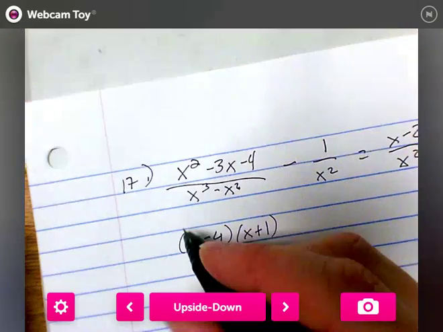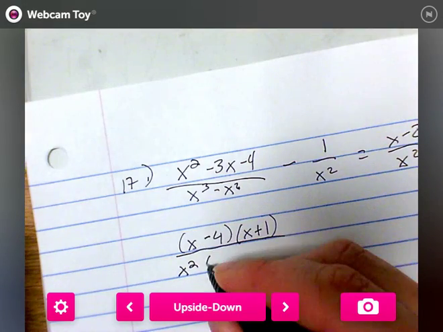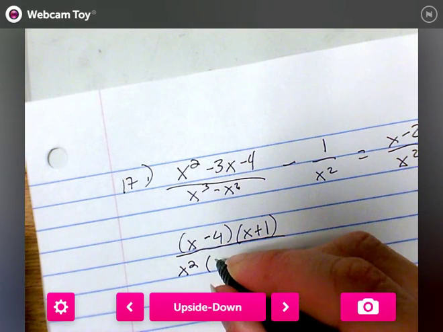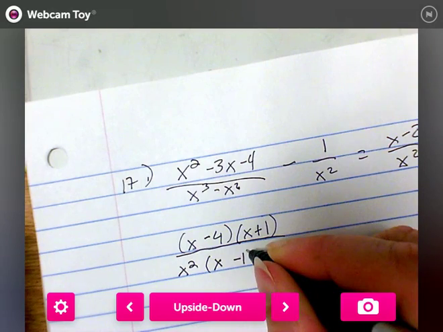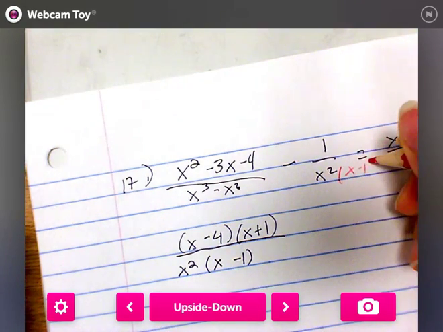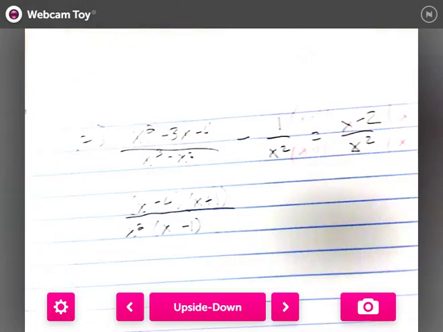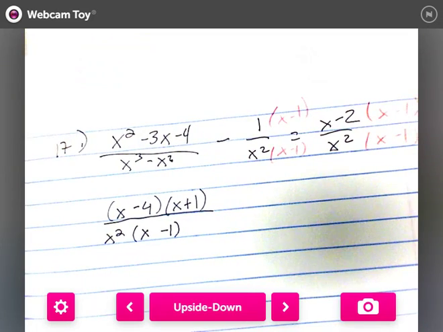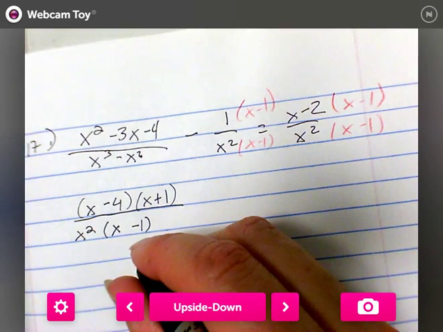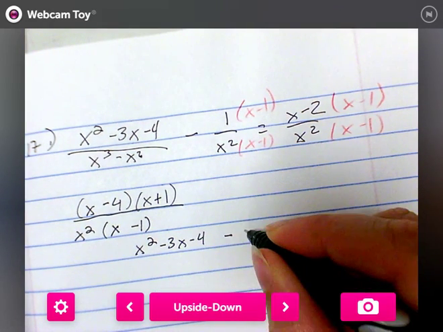Okay? And I'm going to take out x squared, and I'm left with x minus 1. That means that for each of these, I'm going to have to times them by x minus 1. Okay. Did it help me that I factored the top? No. So I'm going to put it back together. So I'm going to say x squared minus 3x minus 4 minus x minus 1